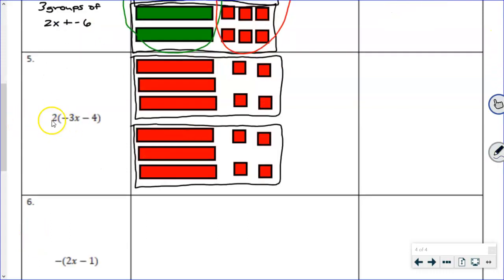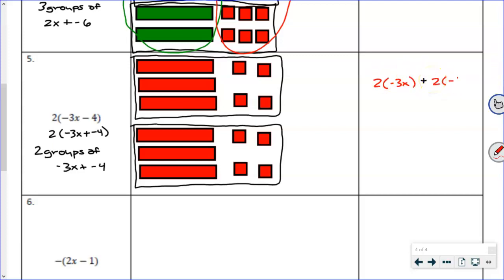All right, recognize what's happening here. We're writing this as 2 groups of. I'm actually getting ahead of myself. I see subtraction. So before I start looking at that, inside of that grouping, I see 2 groups of -3x plus a -4. So I have 2 groups of the -3x and of that -4. Here's that model. So what we're going to be seeing here is 2 groups of -3x and